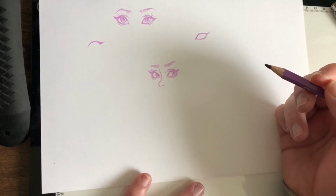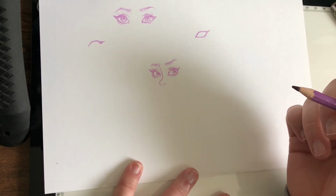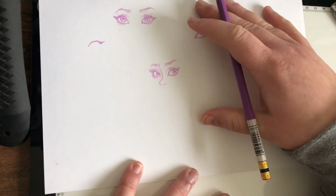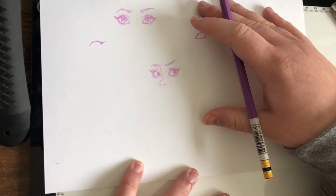And for the last eye, I figured I would just show you guys a profile eye, how I draw it. And then always look at references for all of these, because it's going to make it easier for you guys. I know it made it easier for me, and I looked at tons of different references. Sometimes I still look at references, but don't hold yourself to just one reference,